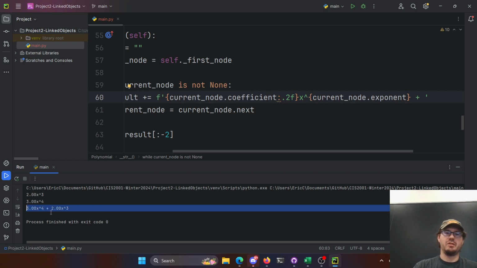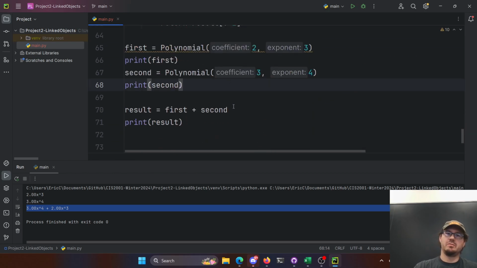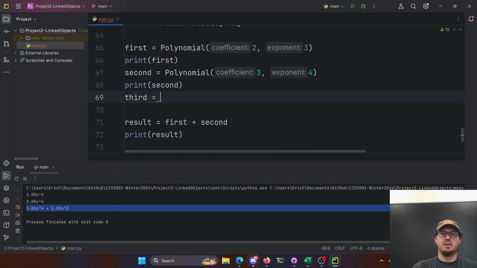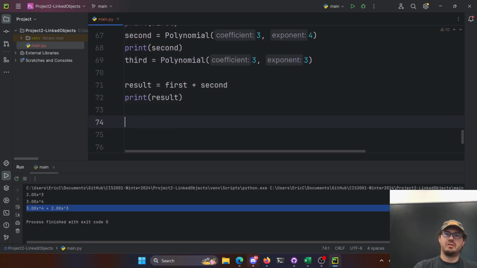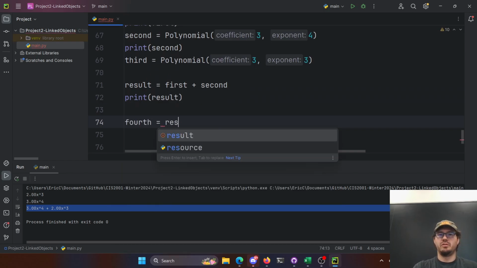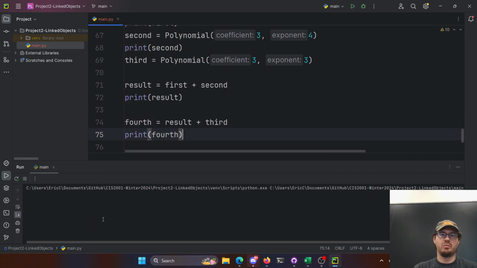Okay, now it separates them, right? So 3x to the fourth plus 2x to the third. So that one works so far, right? Then I should be able to take another polynomial, maybe third is a polynomial, and let's have something that's going to have the same exponent. So maybe 3x to the third. And now I can take the result; fourth will equal result plus the third. Print the fourth. I just want to see if this one will go. So,